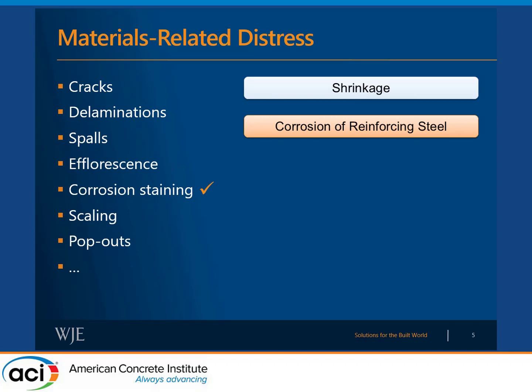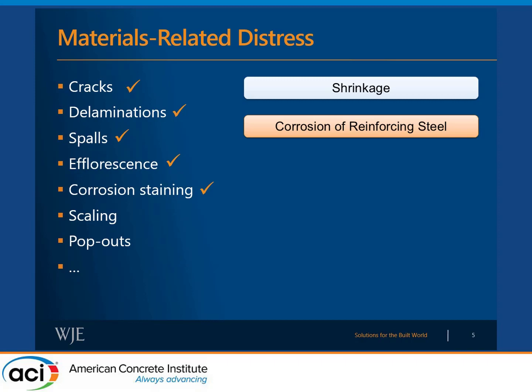If we talk about corrosion of reinforcing steel, obviously corrosion staining is going to be a big indicator. But some other distress indicators we might see would be cracks, delaminations, and spalls. And I also have a check mark here next to efflorescence, because if we see signs of efflorescence, evidence of salt buildup, that could also point to corrosion as a particular mechanism,